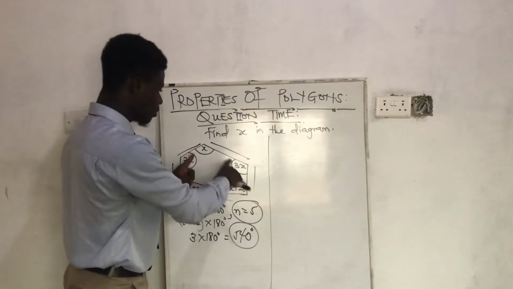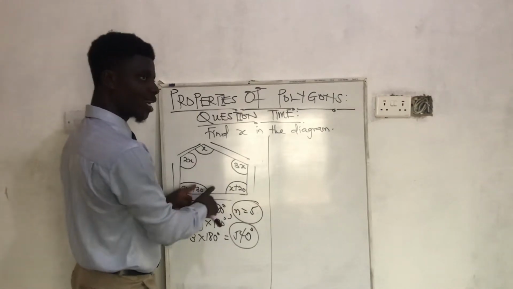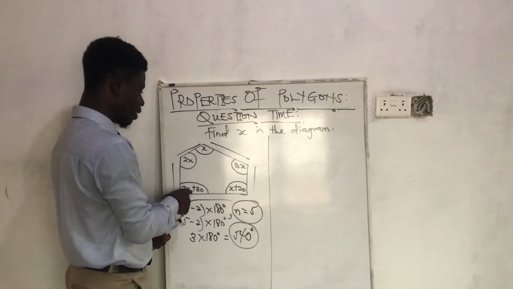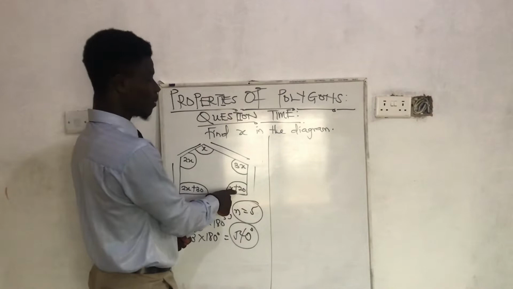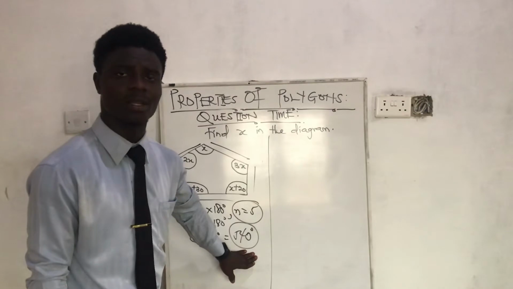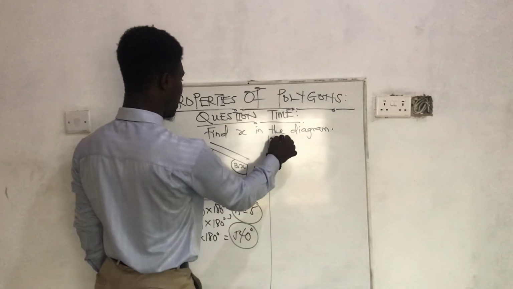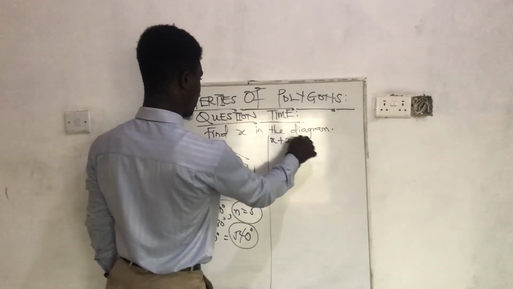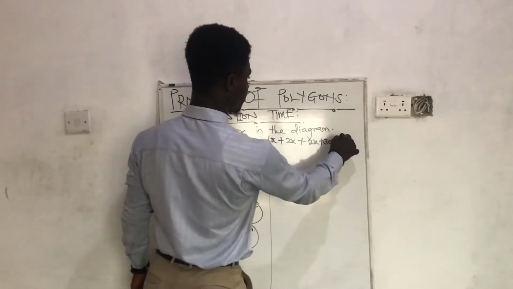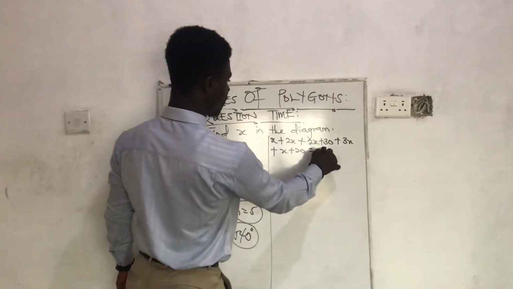When you are adding all these angles, you are calculating the sum of interior angles. So you add x to 2x, then to 2x plus 30, then to x plus 20, then to 3x, then you equate it to the sum of interior angles, that's 540 degrees. So we have x plus 2x plus 2x plus 30 plus 3x plus x plus 20 equals 540